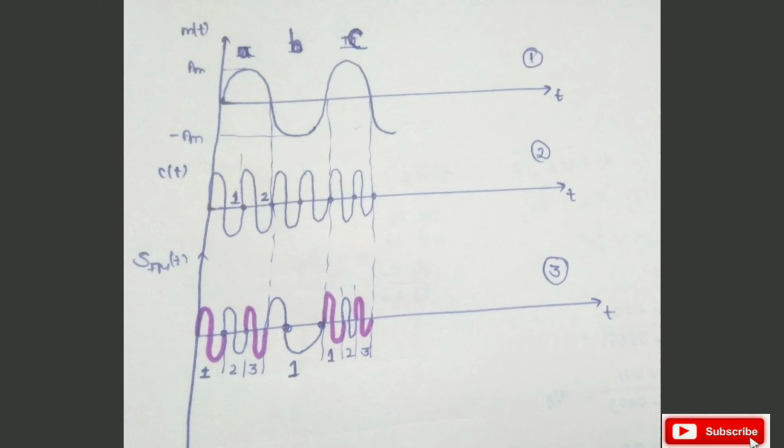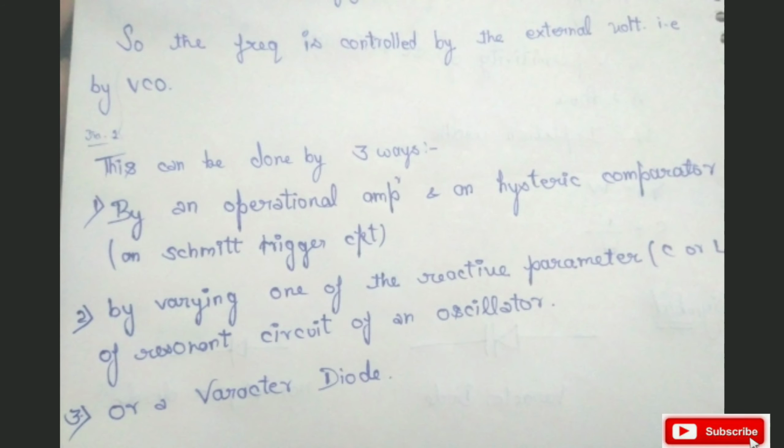So here there is only one cycle, meaning one wave of the sinusoidal is obtained, and again in the C area, the amplitude of the message signal is positive. So in this C area, the resultant FM signal obtains 3 cycles and so on. So it is clear that as amplitude increases, the resultant carrier signal frequency increases, and as amplitude decreases, the resultant FM signal frequency decreases. The circuit which performs this can be obtained in three ways.